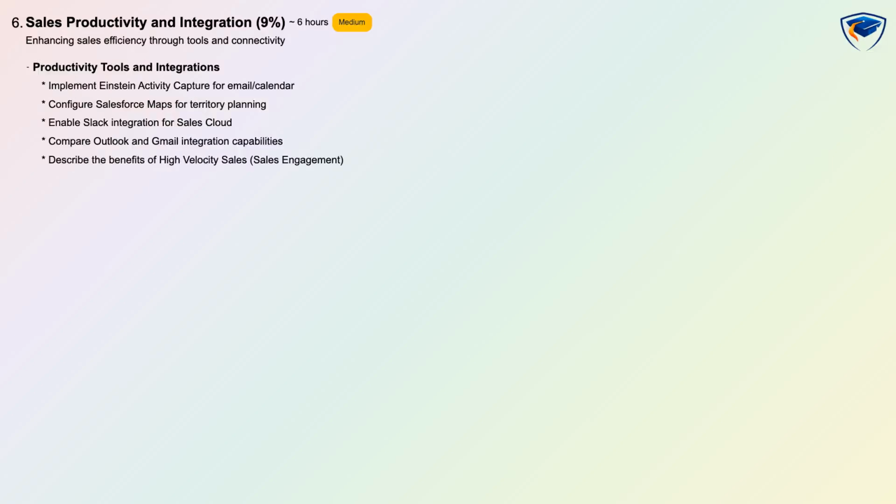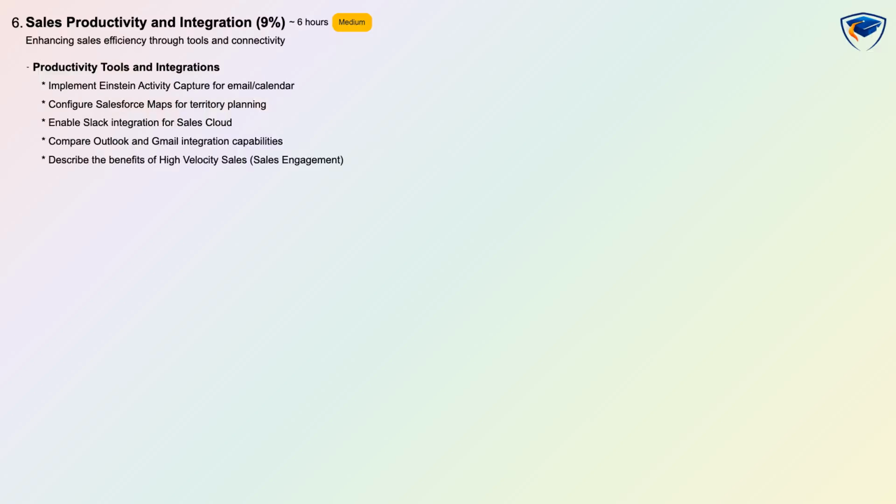Sales productivity and integration is 9% and covers tools and connectivity that boost sales efficiency. This medium difficulty area blends conceptual understanding with scenario-based work and needs roughly 6 hours of study. You will implement Einstein activity capture for emails and calendars, configure Salesforce maps for territory planning, and enable Slack integration for Sales Cloud. The domain also compares Outlook and Gmail integrations and explains the benefits of high-velocity sales for sales